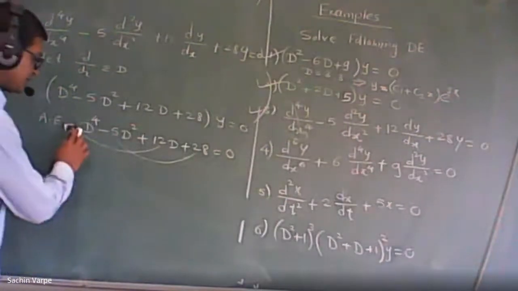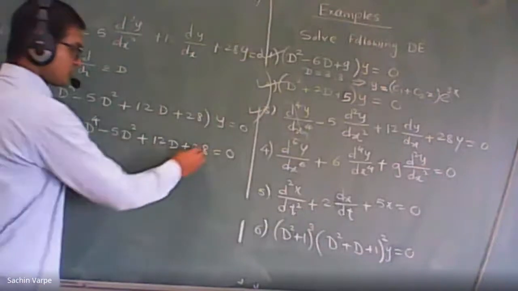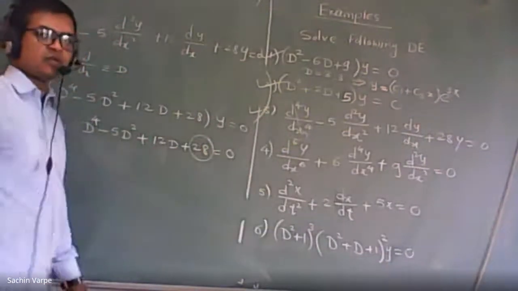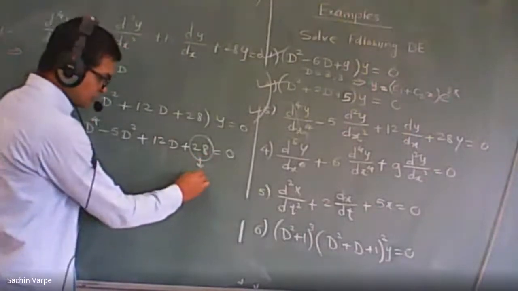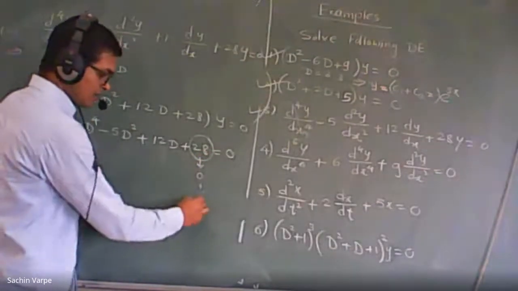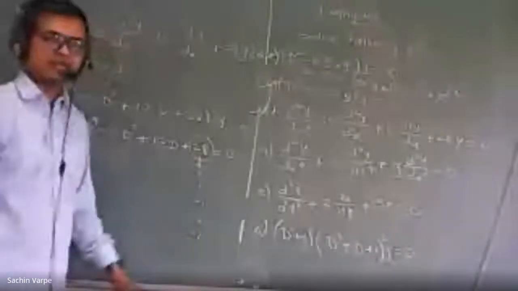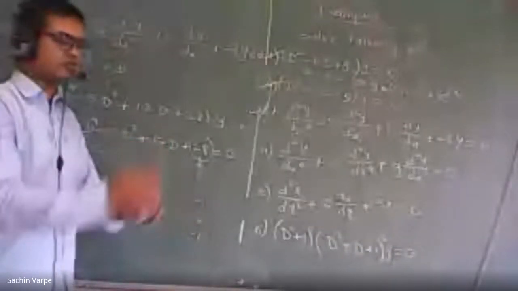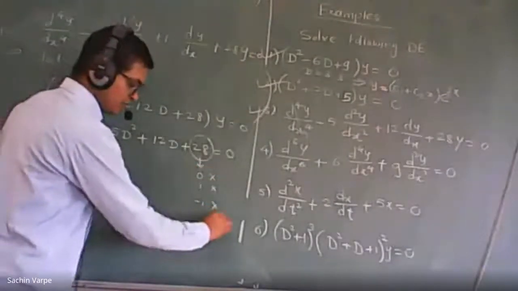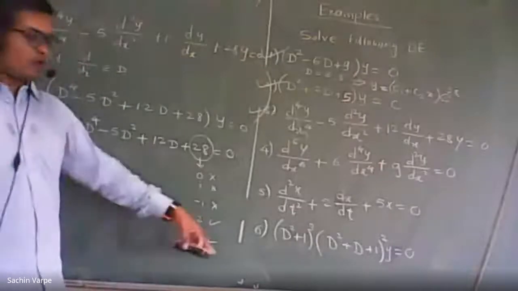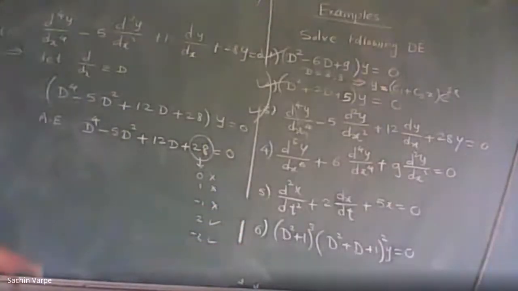Then in that case, the third trick says, try the divisors of the constant term. So if we write the divisors of the constant term, 0, 1, minus 1, 2, minus 2, according to the number line, positive, negative, positive, negative. So 1 and minus 1 are not roots. So let us check for 2 and minus 2. If not, then we'll check the next ones, 4, minus 4, and so on.